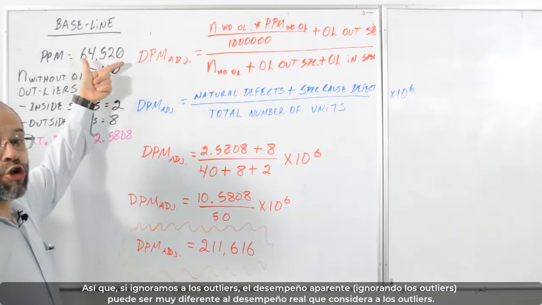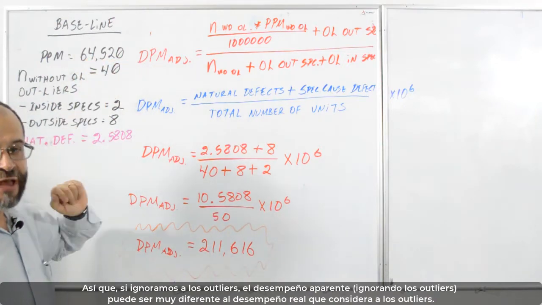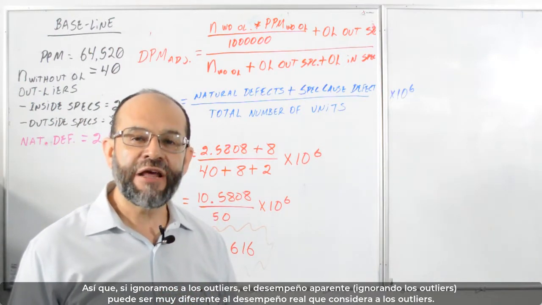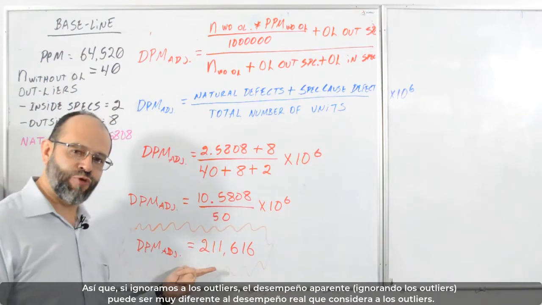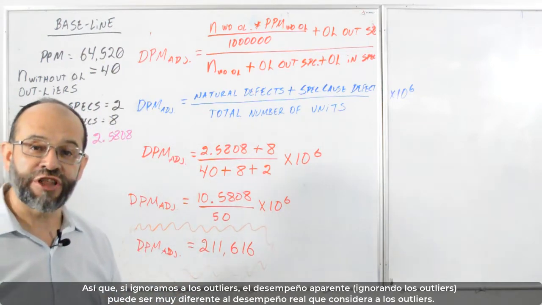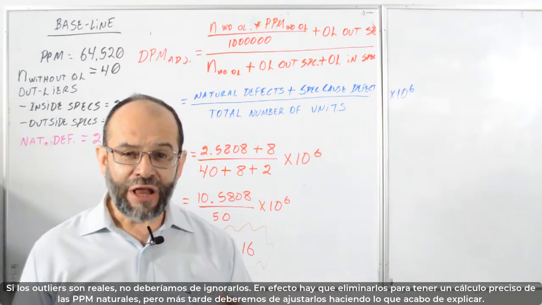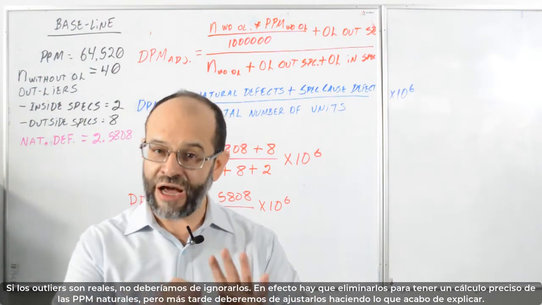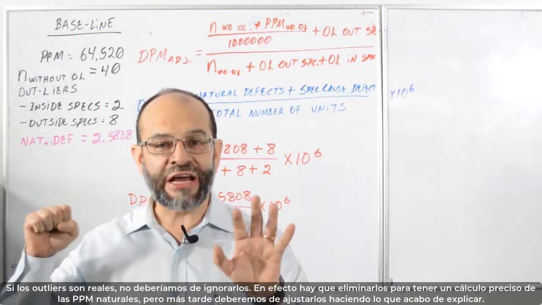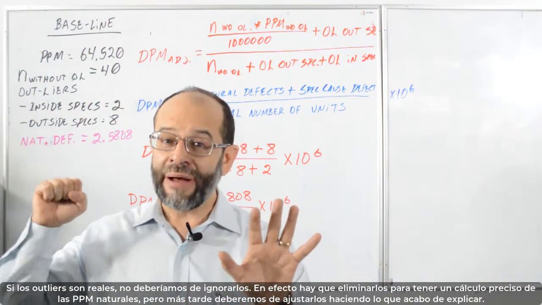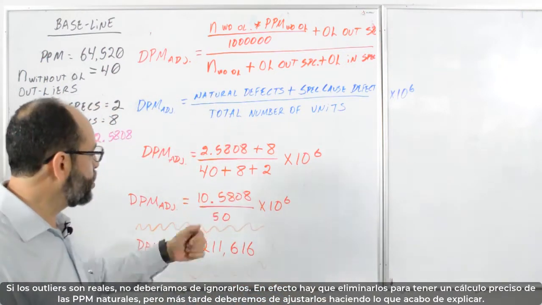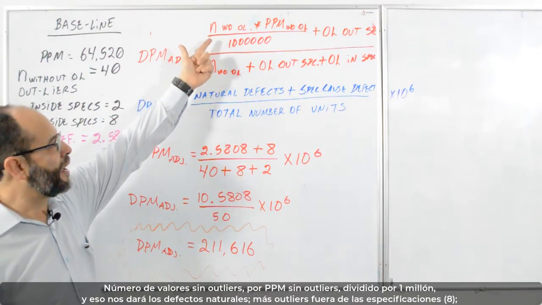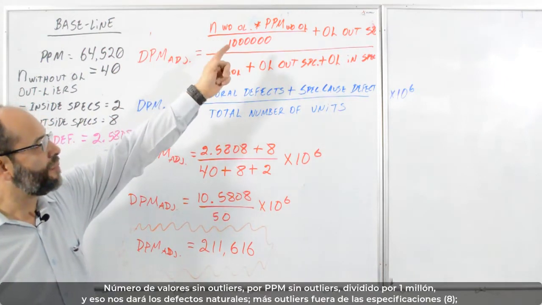So if we ignore the outliers, the apparent performance ignoring the outliers can be pretty much better than the actual performance if we take into consideration the outliers. If the outliers are real, we should not ignore them, but yes, we have to remove them in order to have an accurate calculation for the natural PPMs, but later we have to adjust, and this is what we can do. Well, by the way, this is the total formula: number of values without outliers times PPMs